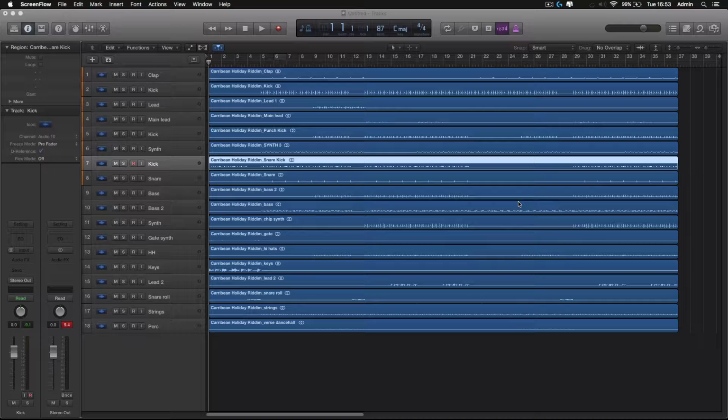My name is Will, and in today's tutorial I'm going to help you organize your mixing workflow in Logic Pro X. So as you can see in the arrangement window here, I have all of my tracks, and